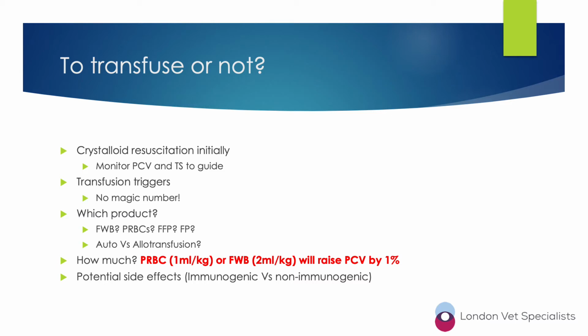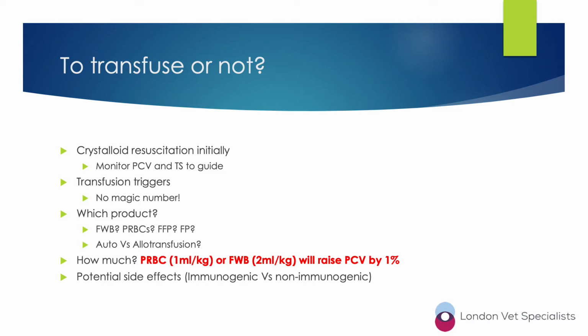As a general rule, there are filters available which allow you to transfuse blood even if it has come from, say for example, a ruptured spleen which was cancerous. You do get filters which will filter out the neoplastic cells, and you have to weigh up the risk versus benefits anyway. If the patient's going to die from acute hemorrhage, the benefit of giving them that blood probably outweighs the risk of causing metastasis by infusing